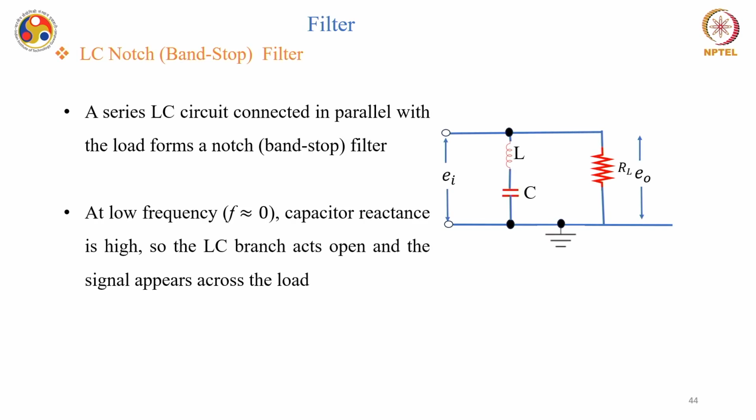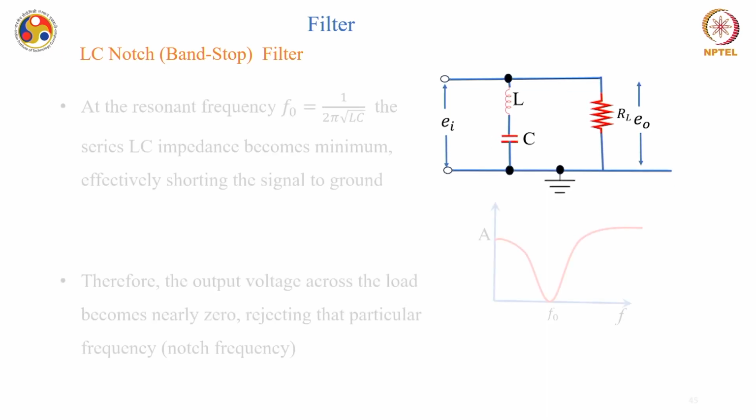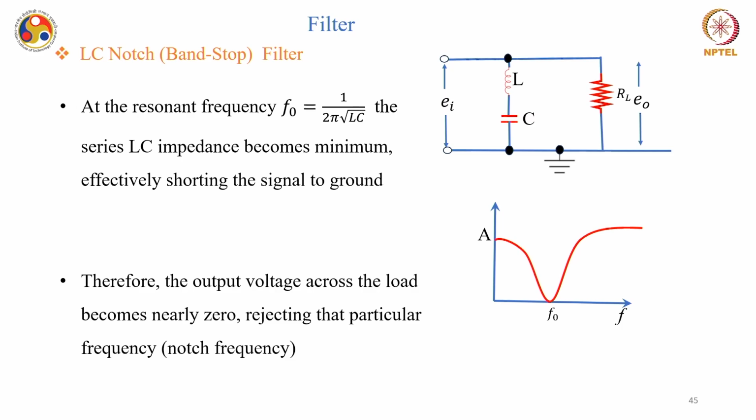Okay. Similarly, you can also make LC notch filters, or we call it band stop filter. You can see that a simple L and C in series, and when you take output across this load resistor, can work as a notch filter or a band stop filter. So, at low frequency, say very near to 0, the capacitance reactance is high. So, the LC branch acts open and the signal appears across the load, and at the resonant frequency, say f naught